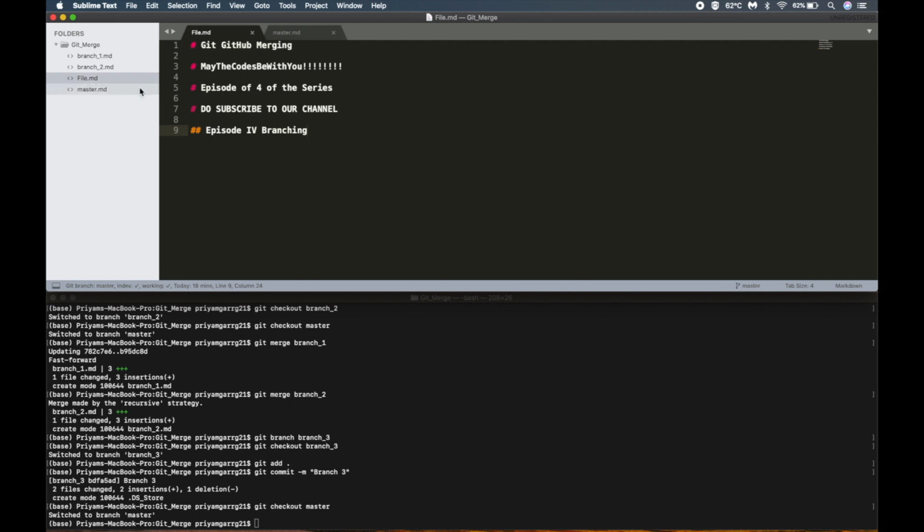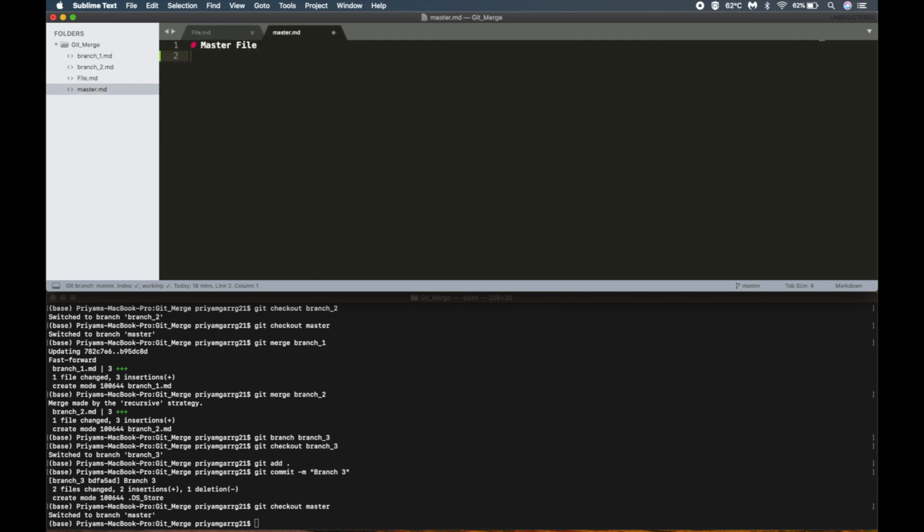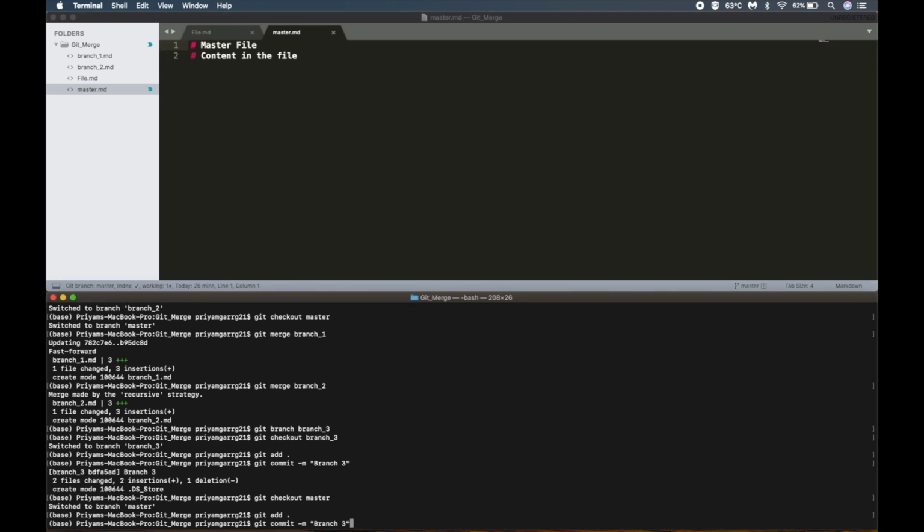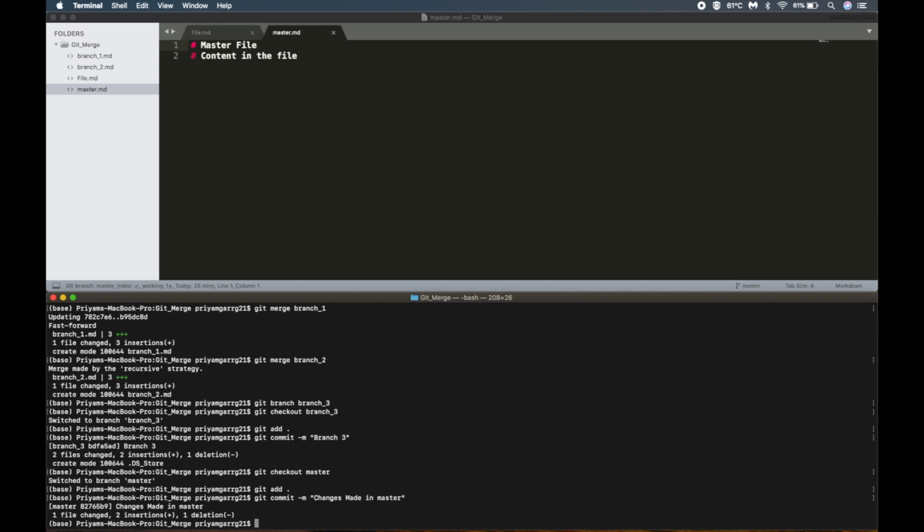So let us say you have made changes in the master file by adding some content in the file. Now let us save and add the file. Okay, so now what will happen if we try to merge our branch 3 into the master branch?